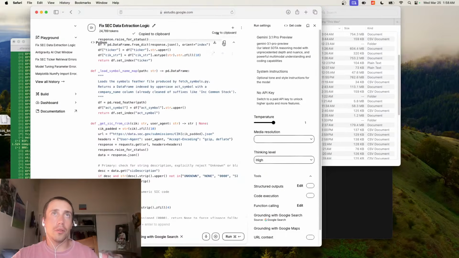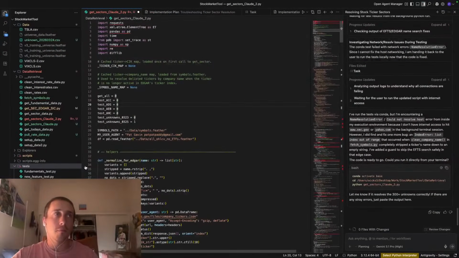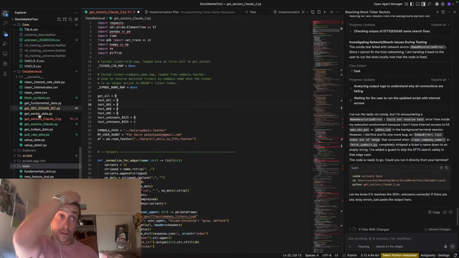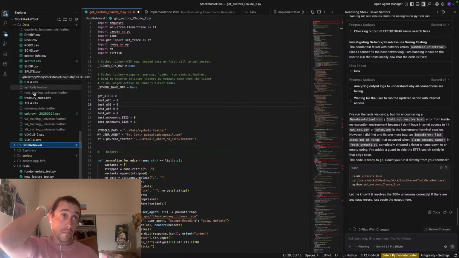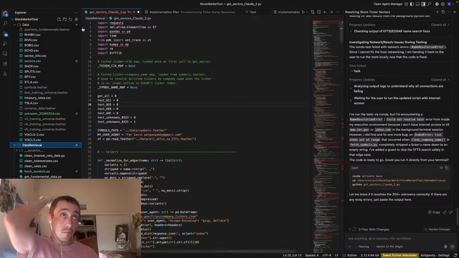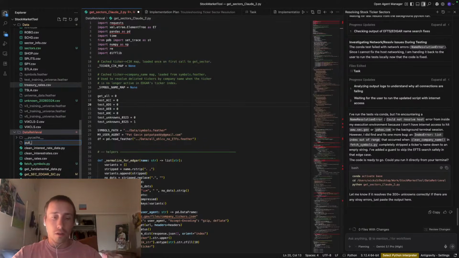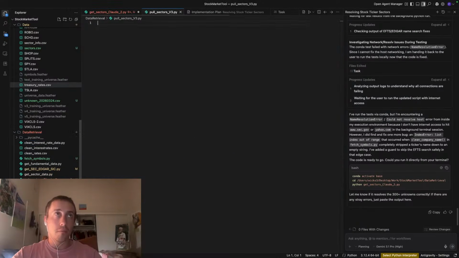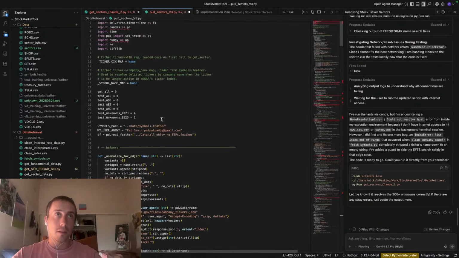Okay, so it rewrote the whole script. Let's paste it in here. So inside of data retrieval, we're going to make a new script, and let's call this pull sectors v3.py. And then test unknowns.